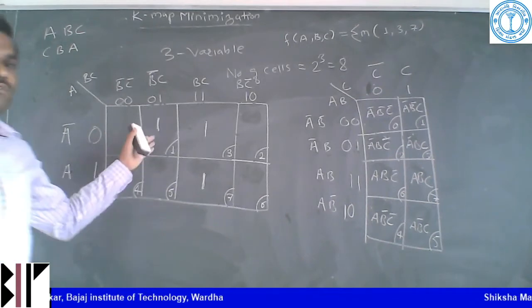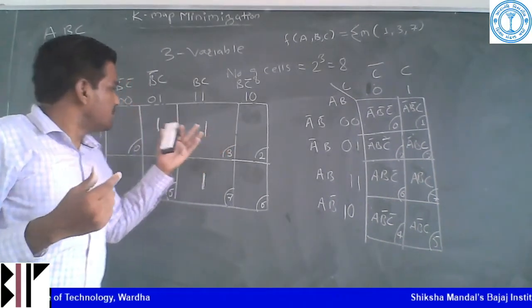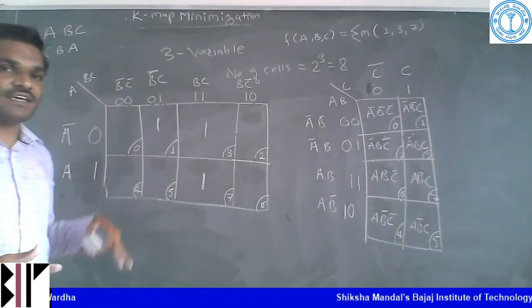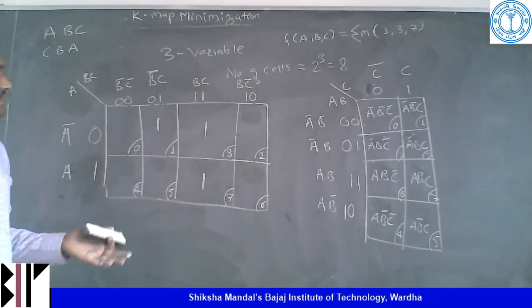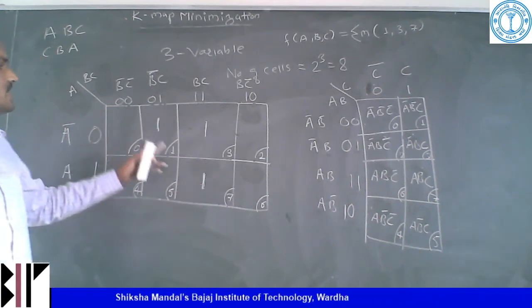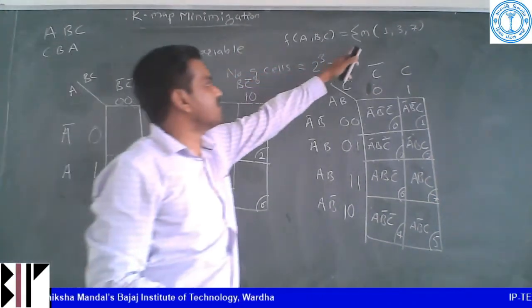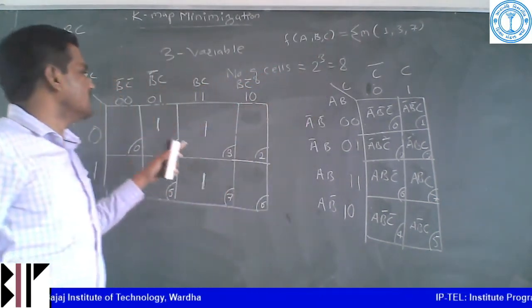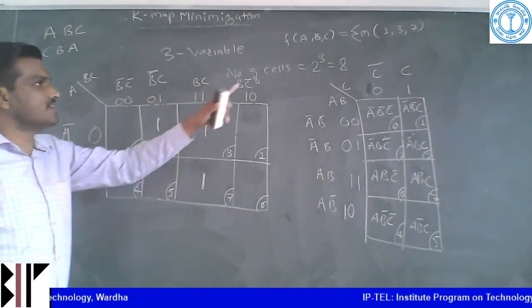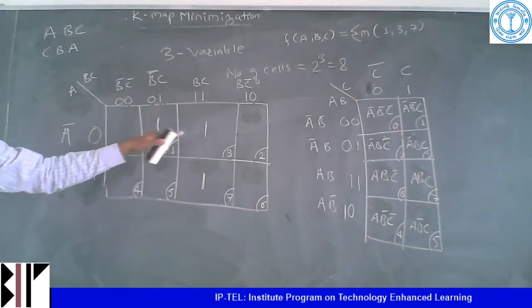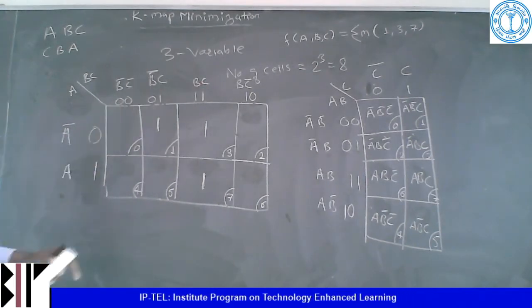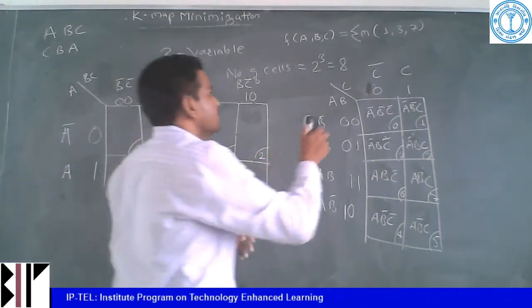Now, with the help of some rules, there are ways to minimize this, which I will explain after this representation of 4 variable K-map. Just to understand this, one example has been given in terms of min term, with these three values 1 1 1. It is represented by putting 1 on each cell. Another example, if I wanted to tell you,